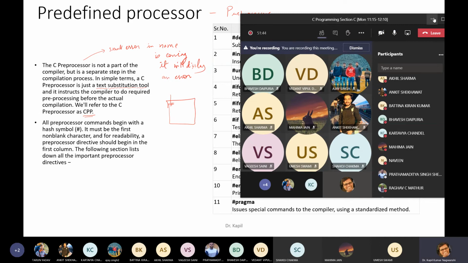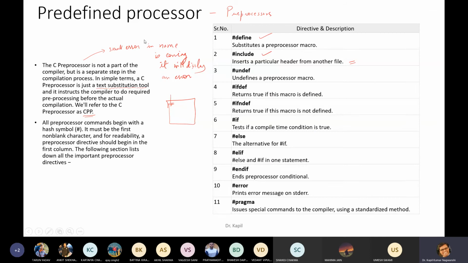So this is our include stdio.h we are using.